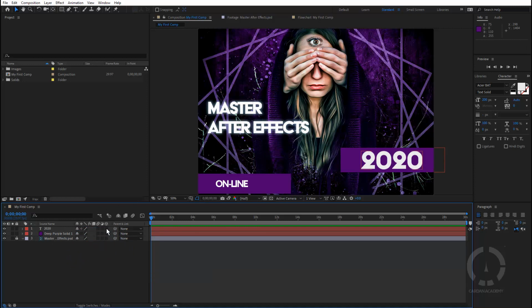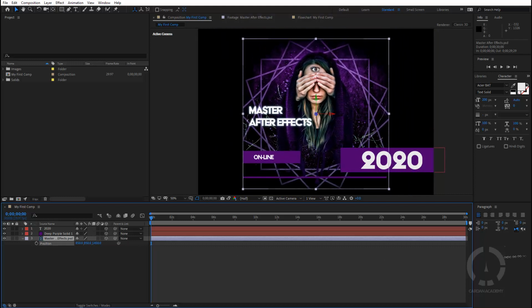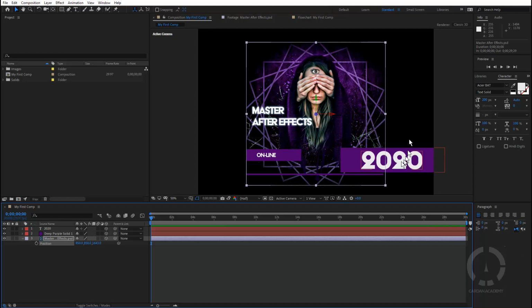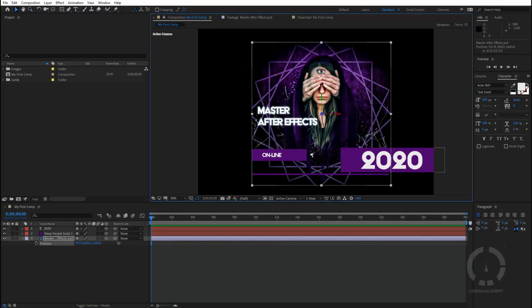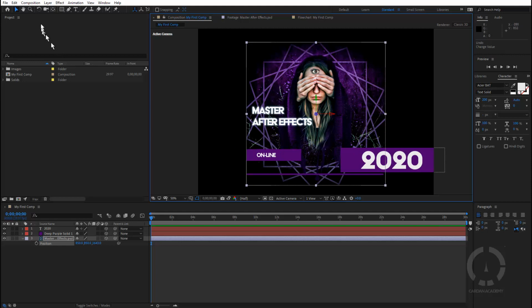We can create 3D layers. I'm just going to talk about this one right now. You can see that I can create 3D layers. I'm just going to unlock this so I can create 3D layers. And now it looks like nothing is happening, but if I take the position of this and try to move the position of my object, let me just go back, for example, you can see that I'm sending my object back. Right now I am not moving my camera, but if I create a camera, just to show you something,